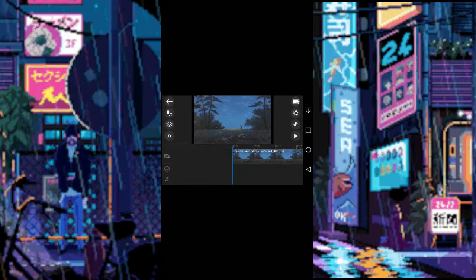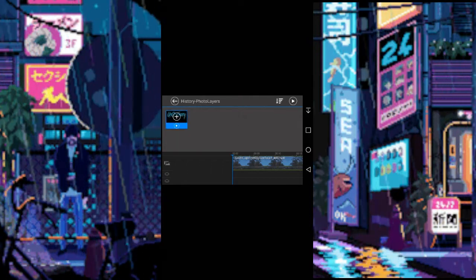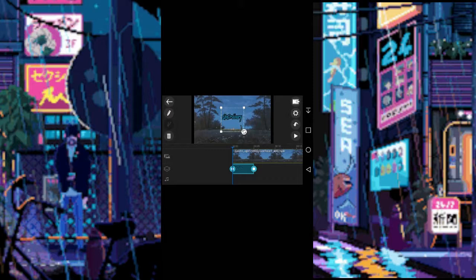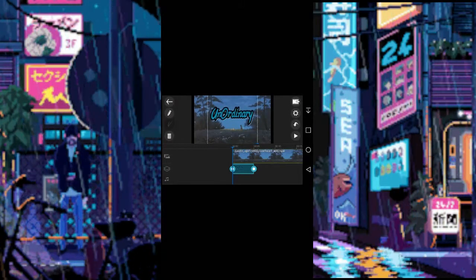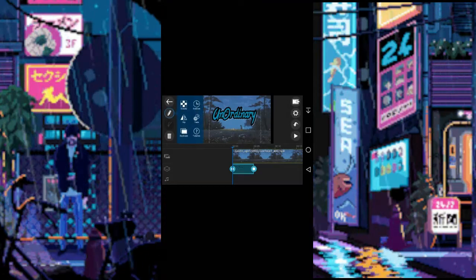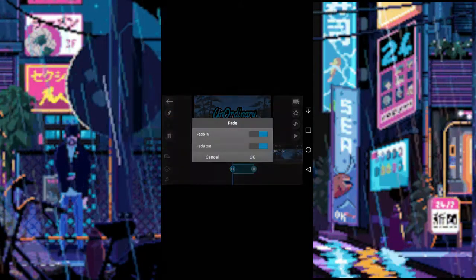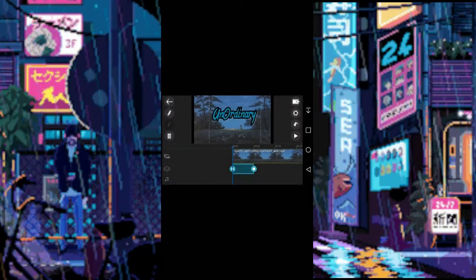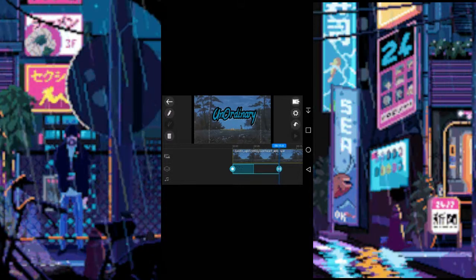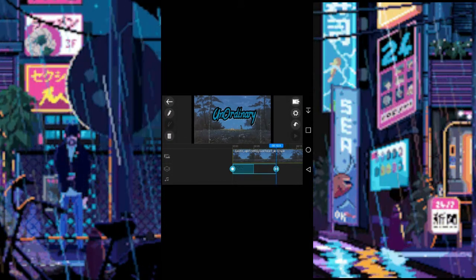Yeah, it's long enough. So now you're going to be selecting this little tab and going to images, and this is where we place our logo or channel name, and we're going to be expanding it, and you guys can fade it in or out, so it's already on default. And let's stretch it out to the length of the video,